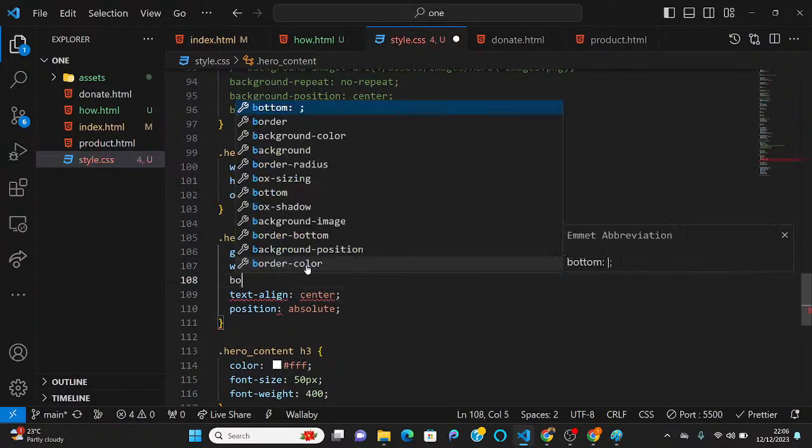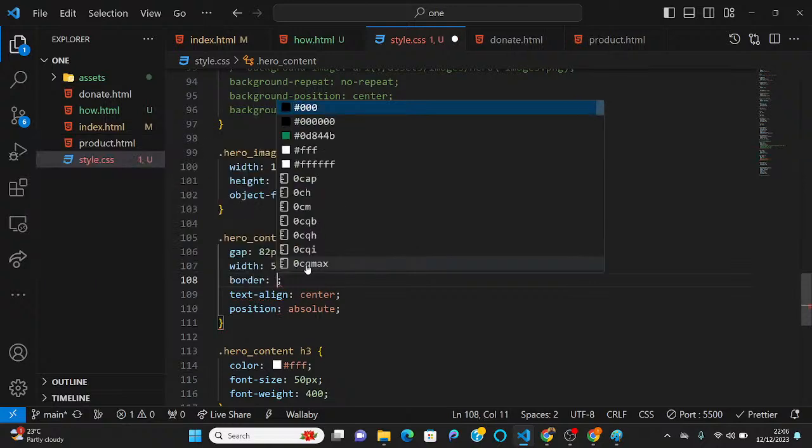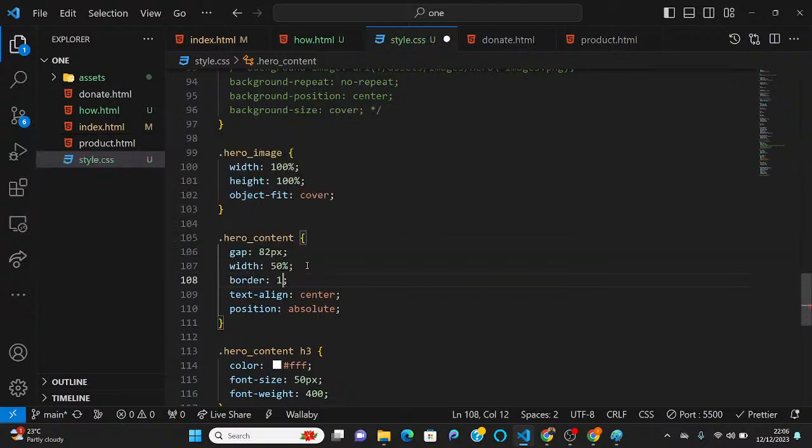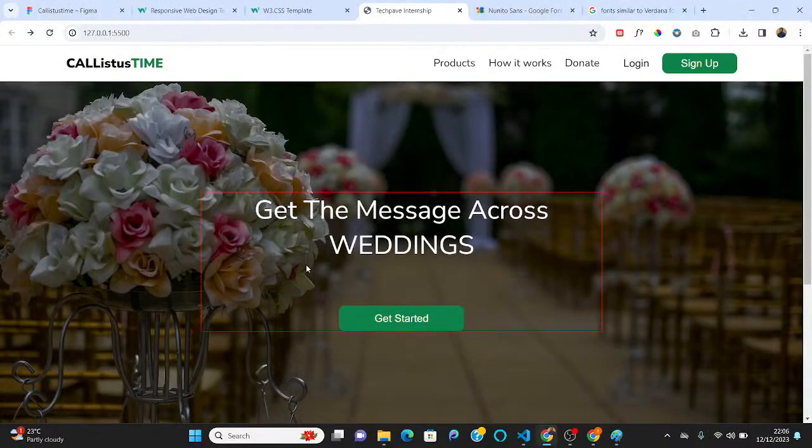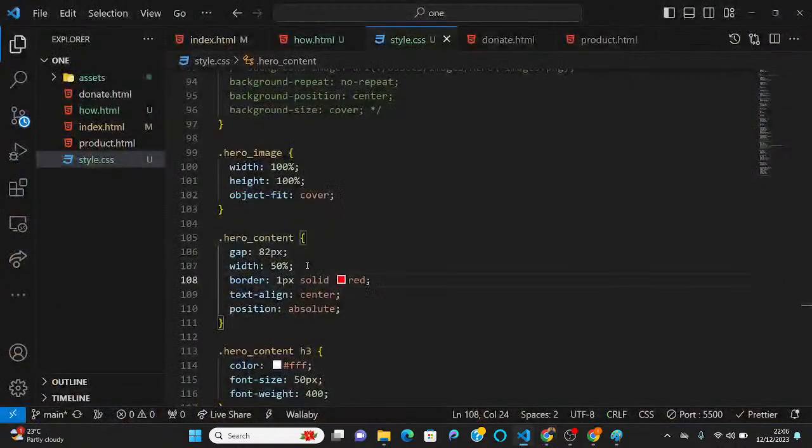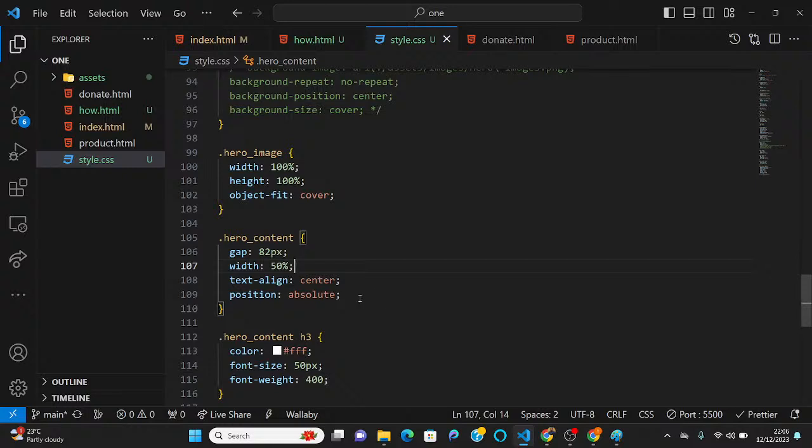So if you want to see more, you can put border 1 pixel solid red. So you see that it is taking the same look that it was before. Are you getting me? So we have succeeded in still doing the same thing. But in case your own is not really sitting at the middle, you can still use what is called